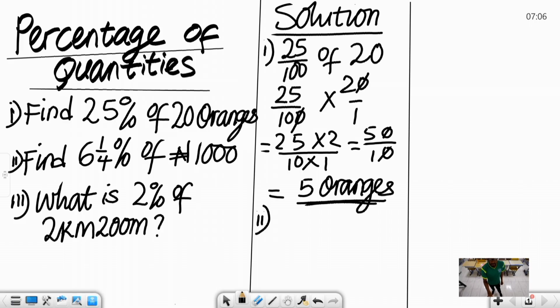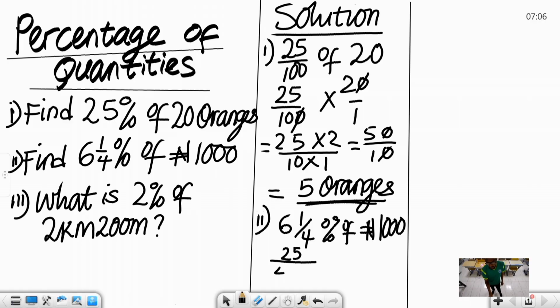Then the second question, we have 6 whole number 1 over 4% of 1,000 naira. So the first thing is to convert this to improper fraction. 4 times 6 is 24 plus 1 is 25. We have 25 over, so because we have 4 here and we're talking about 4%, that is going to be 400